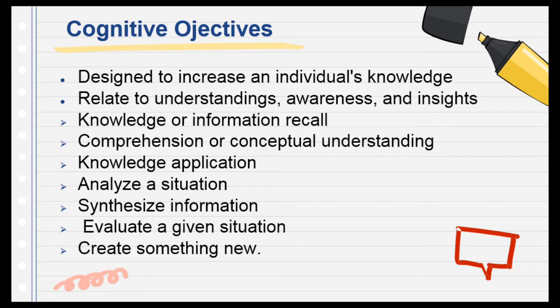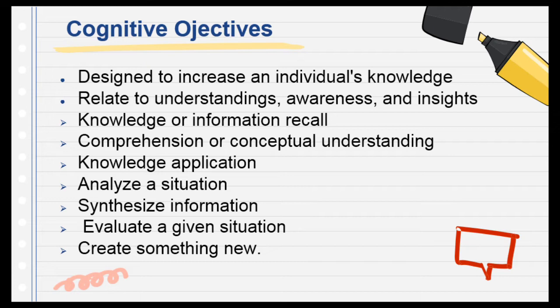This includes knowledge of information, recall, comprehension, or conceptual understanding, the ability to apply knowledge, the ability to analyze the situation, the ability to synthesize information from a given situation, the ability to evaluate a given situation, and the ability